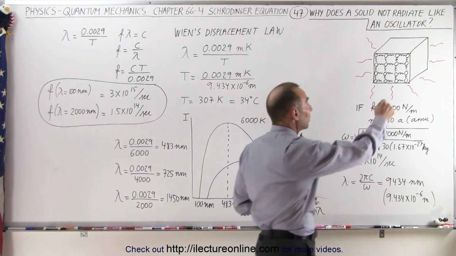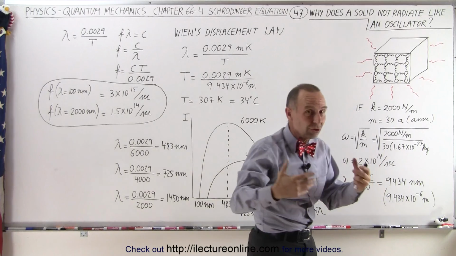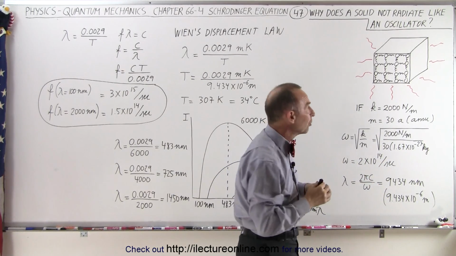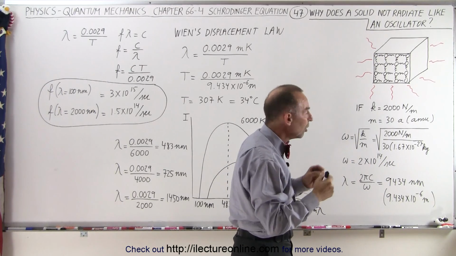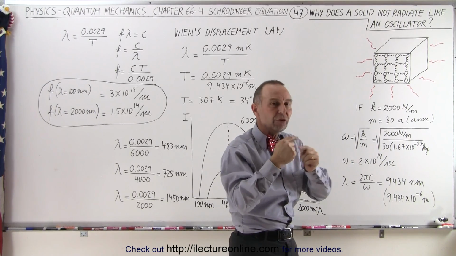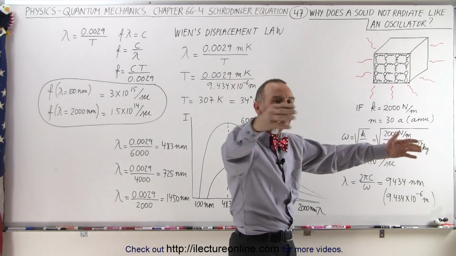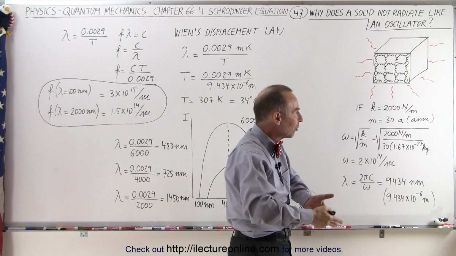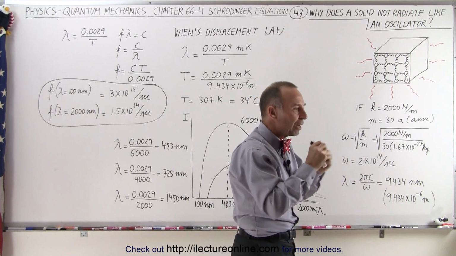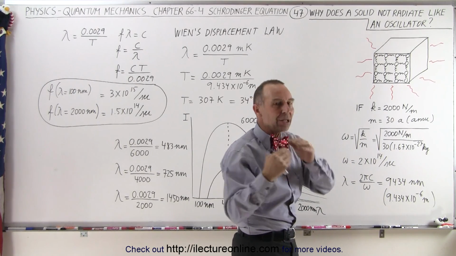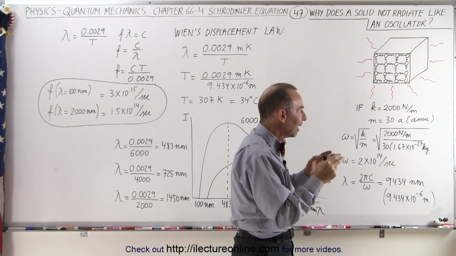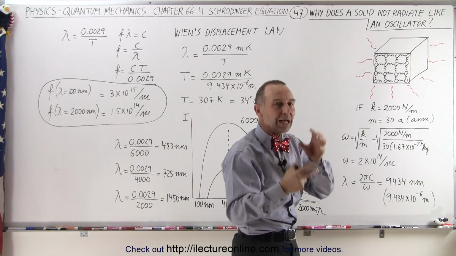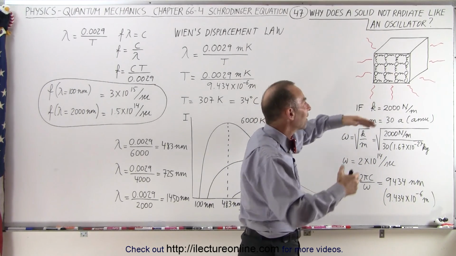It turns out that the atoms inside a solid, of course there's an enormous number of atoms and they're all interconnected with each other due to the intermolecular forces from the bonds. You can see that any sort of movement of one would ripple through a lot of them around them. In other words, anytime these begin to vibrate because the thermal energy goes up, they would be banged around in all kinds of different directions, and instead of having a normal oscillatory motion, you would have a very random kind of knocking back and forth,